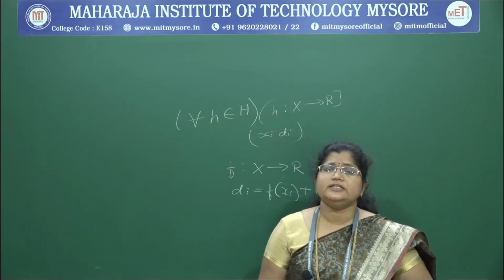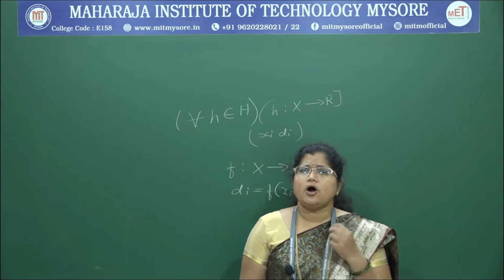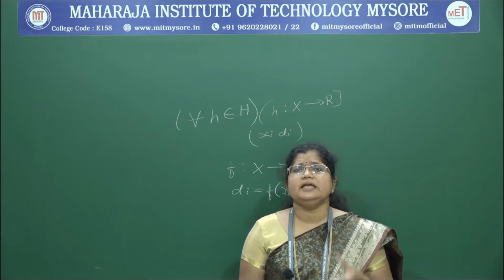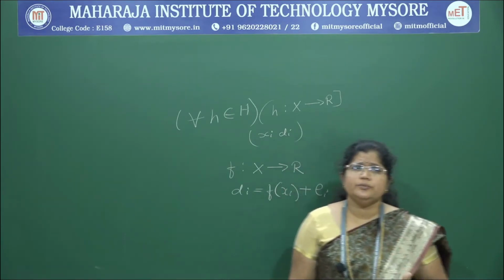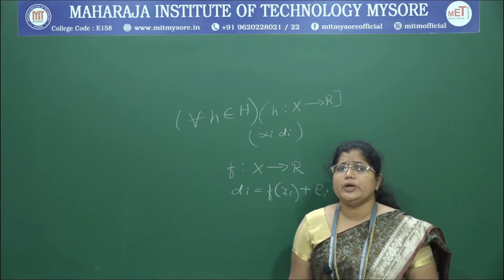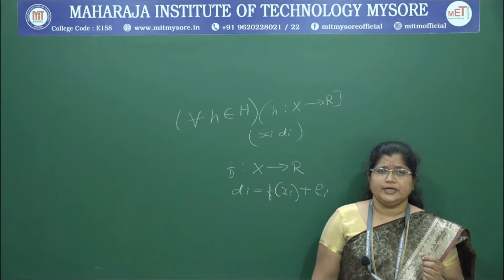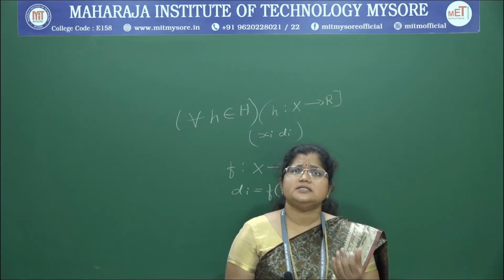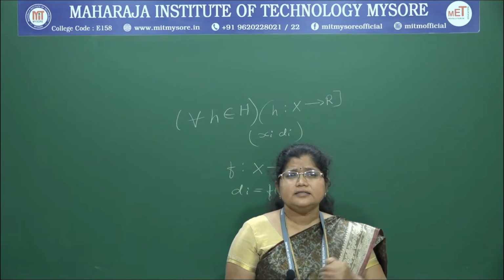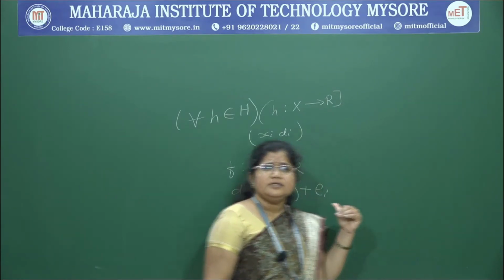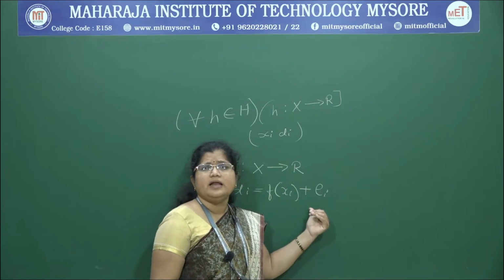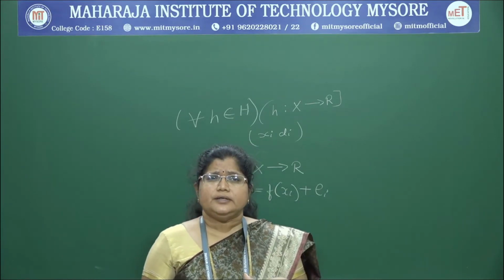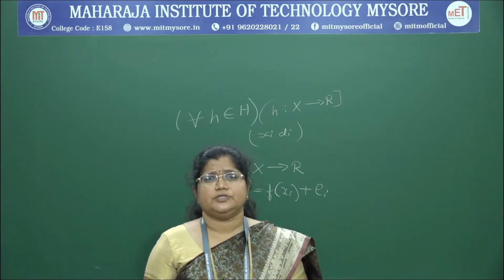The task of the learner, or the task of the algorithm, is to output a maximum likelihood hypothesis, or a maximum a posteriori hypothesis, assuming all hypotheses are equally probable a priori. Now let us see why the hypothesis that minimizes the sum of squared errors in this setting is also a maximum likelihood hypothesis. We should try to minimize the sum of squared error while generating the hypothesis.